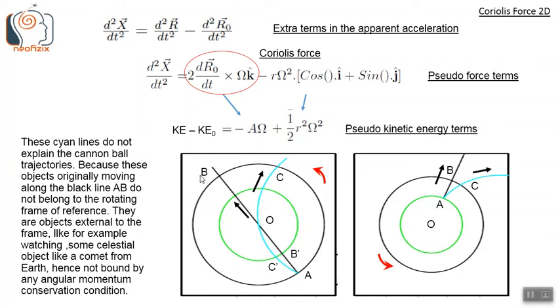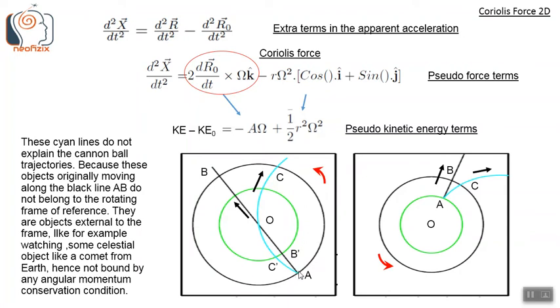Suppose we consider simple straight line trajectories in radial direction, either moving towards the center as in the left panel, or moving away from the center as shown in the right panel. Seen from an inertial frame, the motion appears as a straight line, this black straight line segment AB in both the panels, left and right. So the particle originates from point A and is thrown towards the origin or the center O in the left panel, or thrown away from the origin as shown in the right panel.